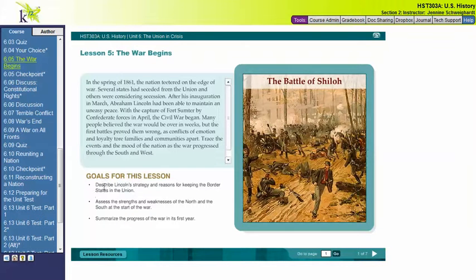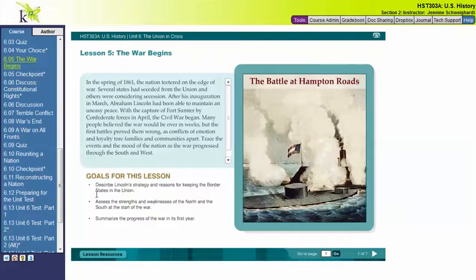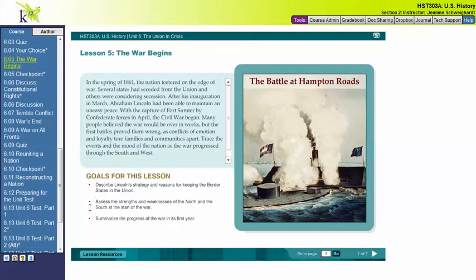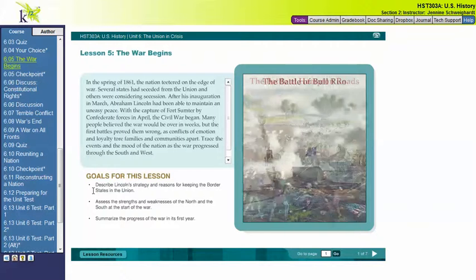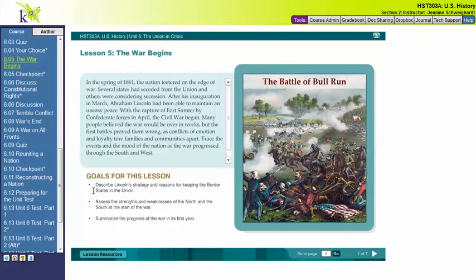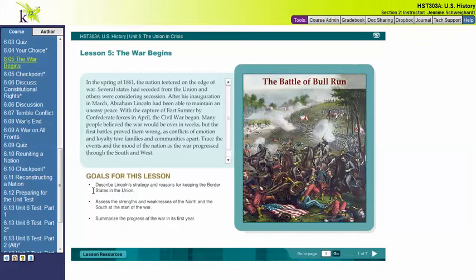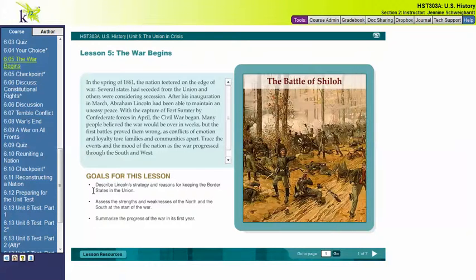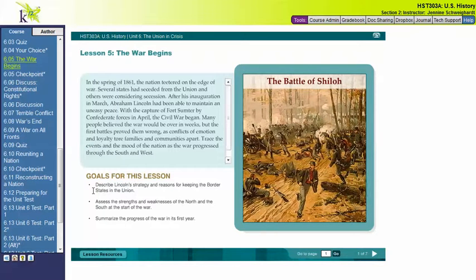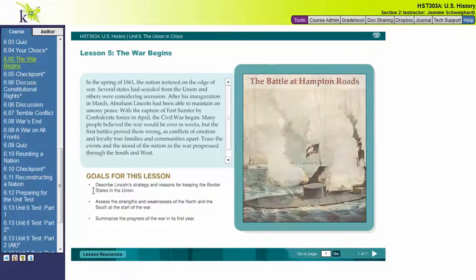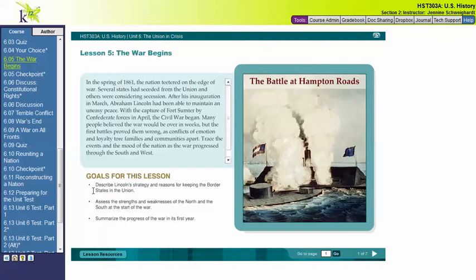You want to be able, when you finish this lesson, to describe Lincoln's strategy and reasons for keeping the border states in the Union. Border states refer to states like Maryland that were right on the border between the North and the South, and it refers to his strategy to keep them there, basically for the safety of not only the nation's capital, but as a buffer between the